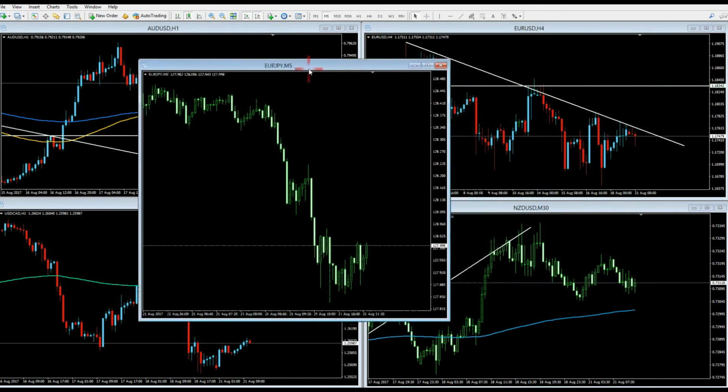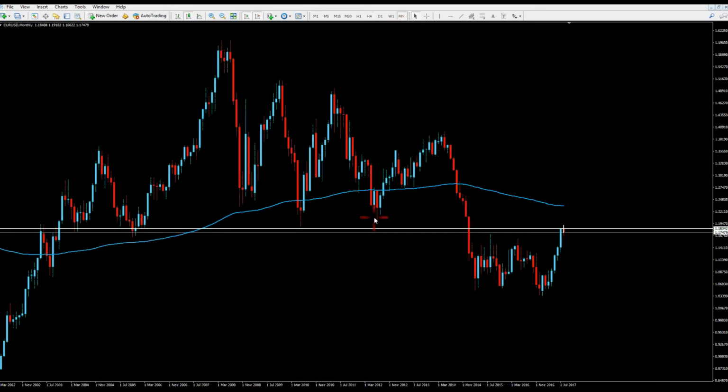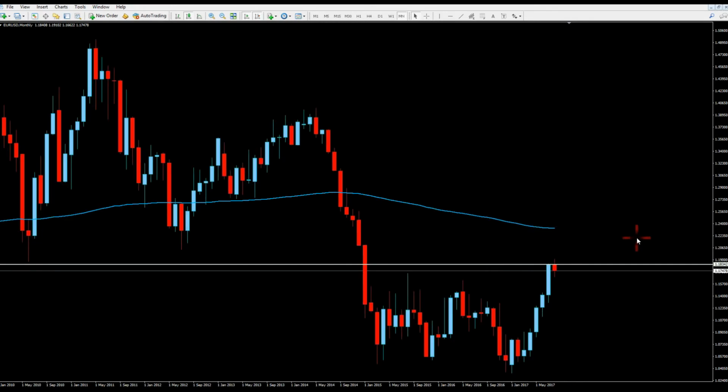So let's start with Euro USD. Let's look at it as usual. We start with a higher time frame. We see we have a monthly resistance here. If we zoom in a little bit so you can see this better, you see price has been holding here